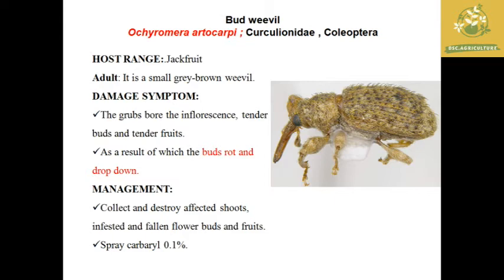For the damage symptoms, the grub bores inside the inflorescence, tender buds and tender fruits, resulting in bud drop, and as a result the yield is majorly reduced. The management is collection and destruction of affected shoots and infested and fallen flower buds and fruits, which is an effective method, and